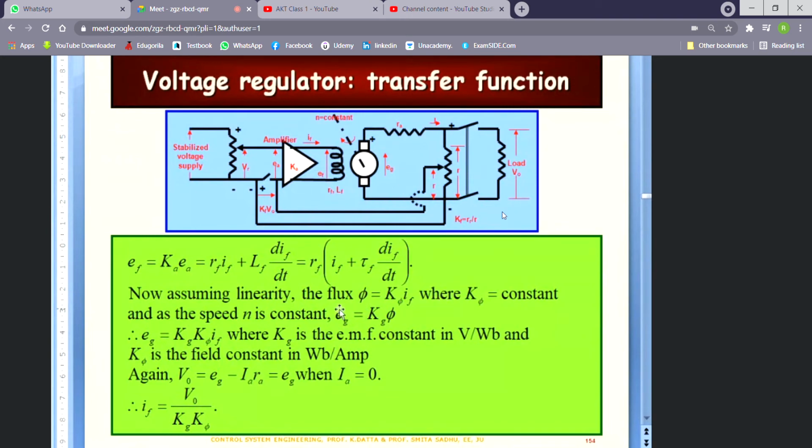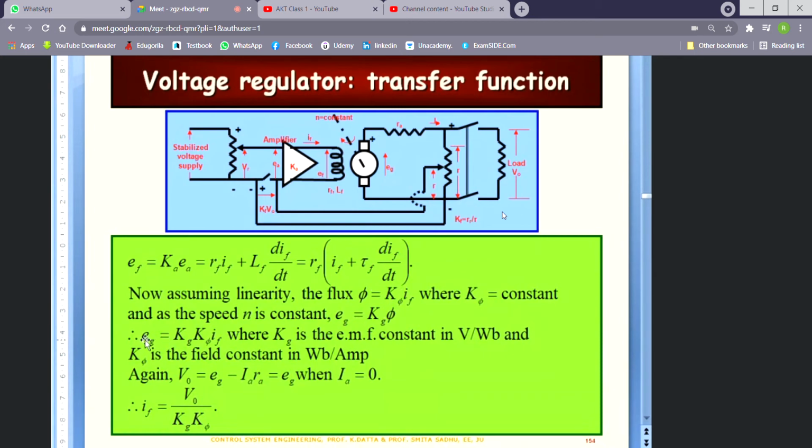Now as the speed n is constant, that is as far as the flux is concerned. As this is a constant speed generator, as I started off with, Eg was supposed to be proportional to the speed as well as the flux, right? Now since the speed is constant, Eg is only proportional to the flux, right? So Eg is equal to some constant, say kg into phi, right? Now if I replace phi with k phi into IF,